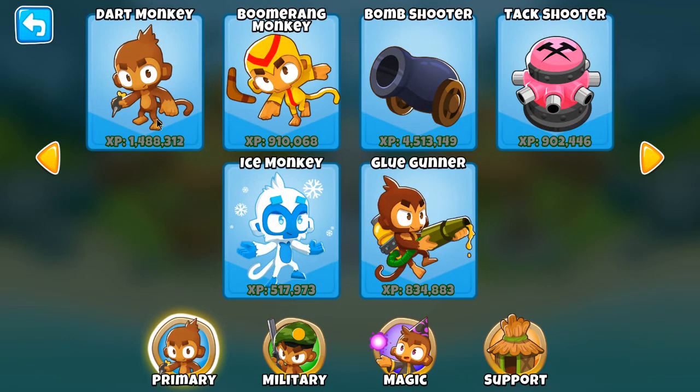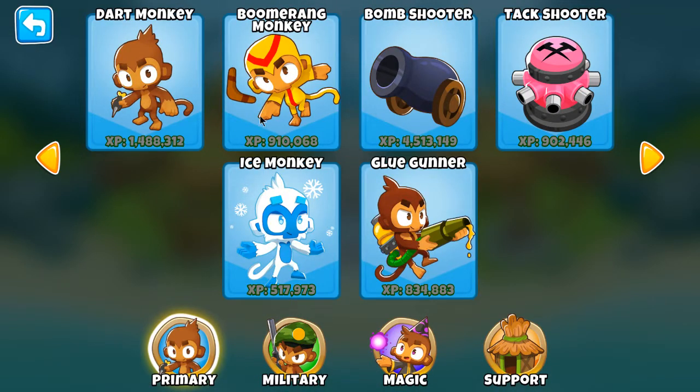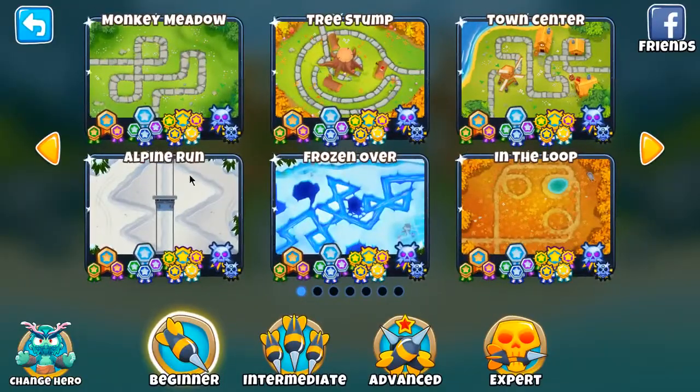I did the Dot Monkey last time, so I'm just going to move in order. I'm going to do first the primary monkeys, then military, magic, and support, covering each one of them consecutively. So it's time for the Boomerang right now. I'm going to jump here without using monkey knowledge,